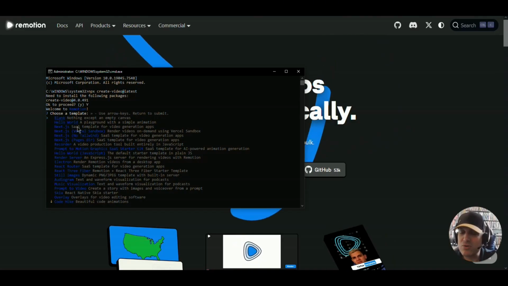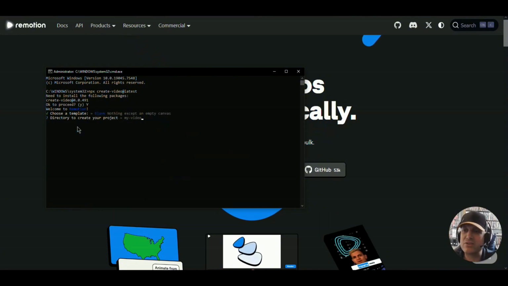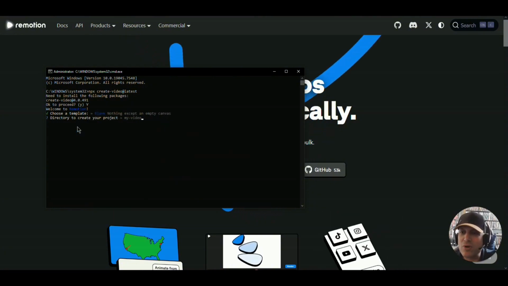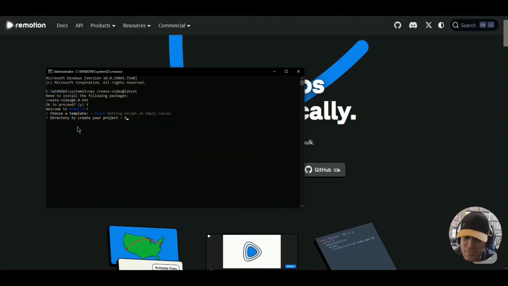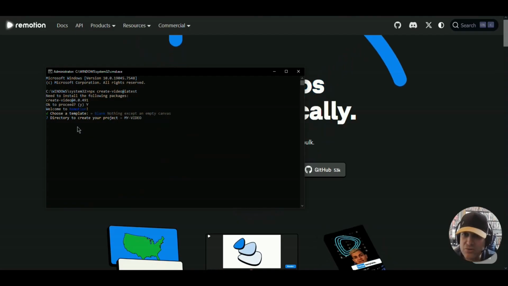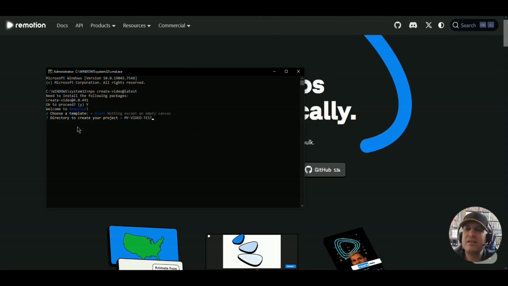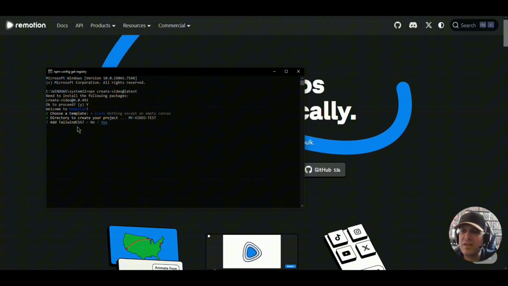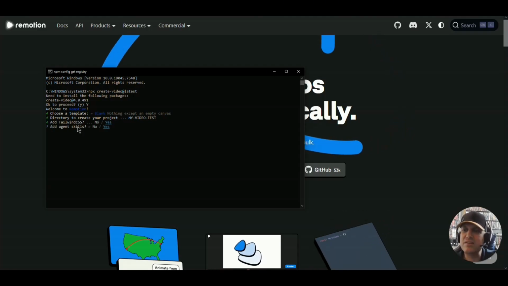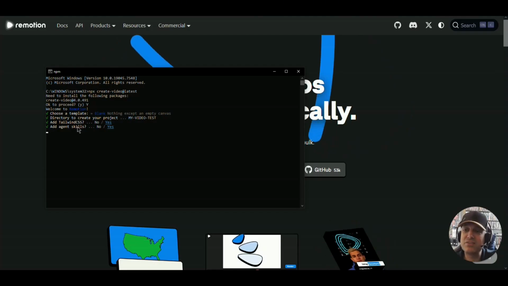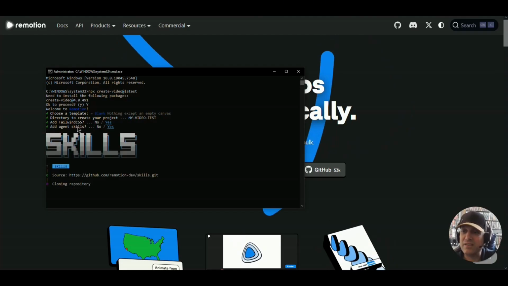So what I'll do is I'll just have it set to blank and I'll hit enter. Directory to create your project. I'll just type it in as my videos test and hit enter. It's going to ask you add Tailwind CSS, hit yes, add agent skills, hit yes, yes again, and then now